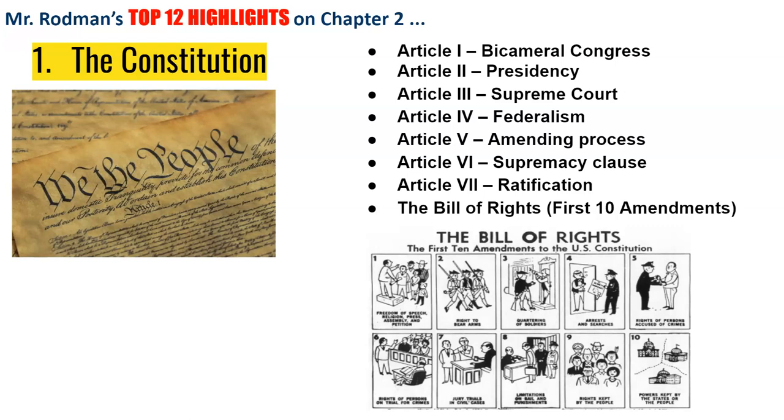In Article 5, we see how to amend the Constitution. We'll talk in a little more depth about that as well. The idea of how 27 times we have already changed the Constitution in 233 years, and the process for how that plays out, including the 2/3 and 3/4 columns, 2/3 national, 3/4 states.